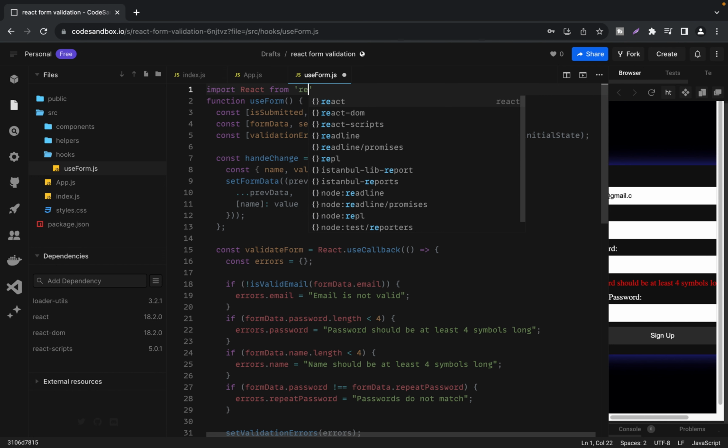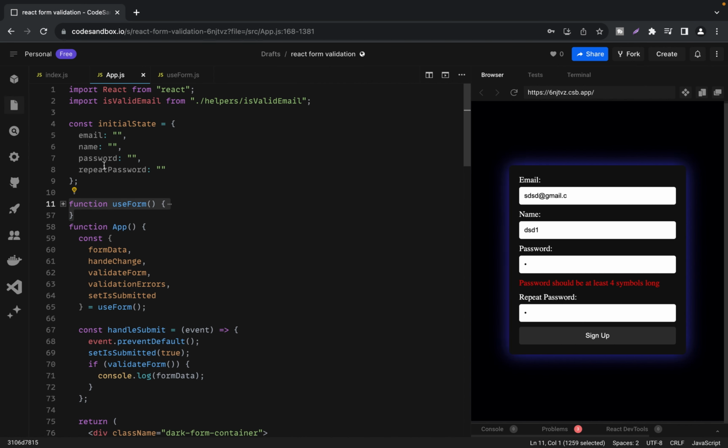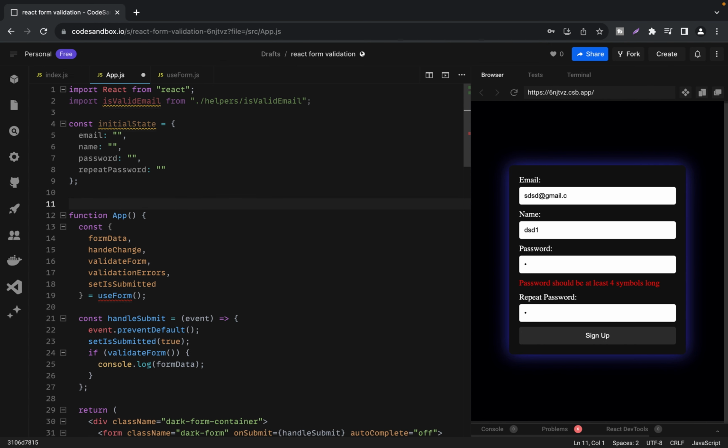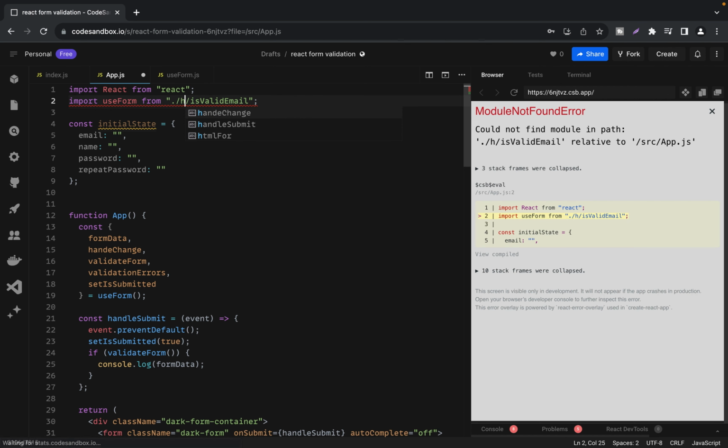This is how we do it. To have the opportunity to use our hook outside, let's add export default. The next step is to remove a part of the code from our main component. Instead of having that code directly in the component, we are going to import it. Let's import useForm from